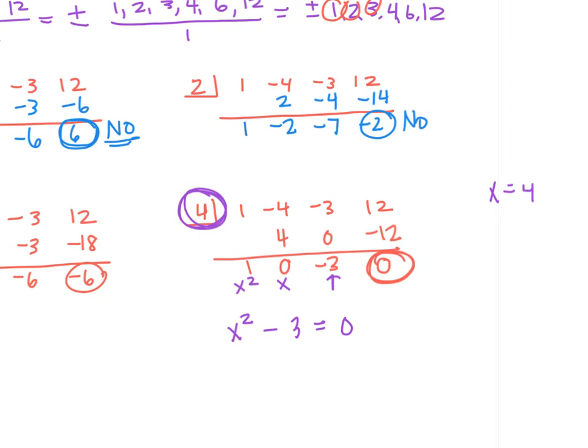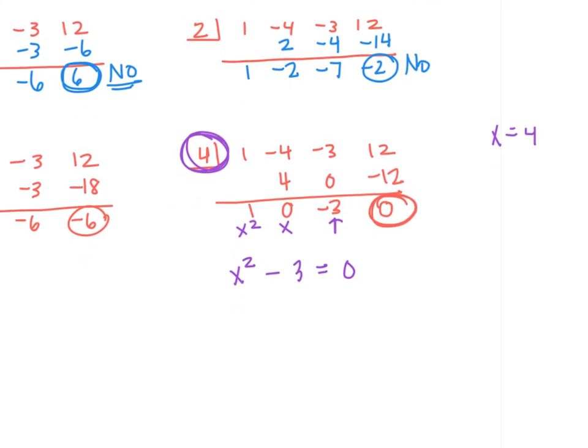You can always use the quadratic formula if you can't factor it. However, in this one, if you notice, we do have an x squared, and that's the only x. That means we can treat it like an equation and just get that x squared by itself. Let's go ahead and add 3 to both sides. So this is what we call solve using square roots, and it only works if you have only the x squared. Now we square root both sides, so x equals, remember, it is a positive and a negative,